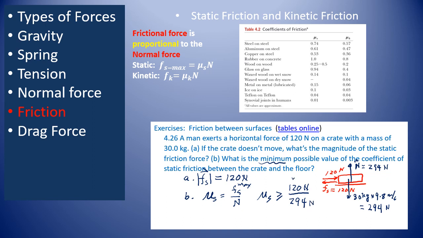So this is the minimum, because we see from the above question that we apply 100 and it's not moving. Therefore, friction is at least this much. It could be more, likely greater than this. So therefore, they ask for the minimum value. Now the rest is simply math. If you press the calculator, it gives you